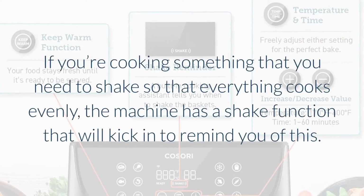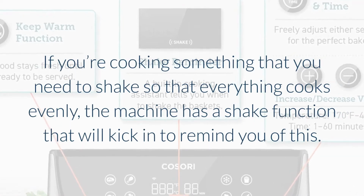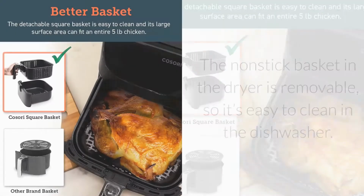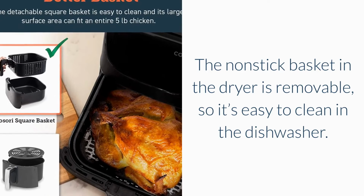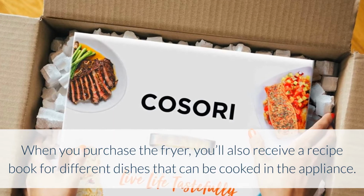If you're cooking something that you need to shake so that everything cooks evenly, the machine has a shake function that will kick in to remind you of this. The fryer has a "keep warm" feature to keep your food ready until you want it. The non-stick basket in the fryer is removable, so it's easy to clean in the dishwasher. When you purchase the fryer, you'll also receive a recipe book for different dishes that can be cooked in the